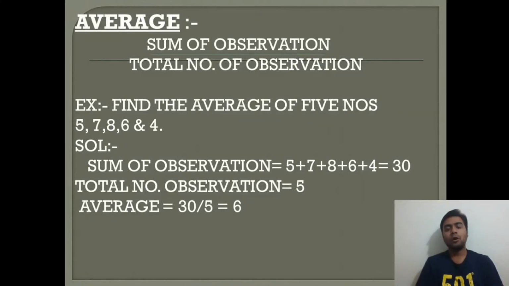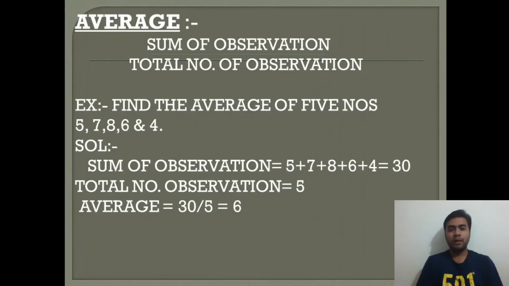Okay, till now I've told you how to find the square root and the cube root of a non-perfect square or cube respectively. That is, those which are not in the form of a perfect square or a perfect cube. Now I'll switch to another topic, that's the average. So how to find the average of certain numbers. Basically we have a formula for finding the average of certain numbers.